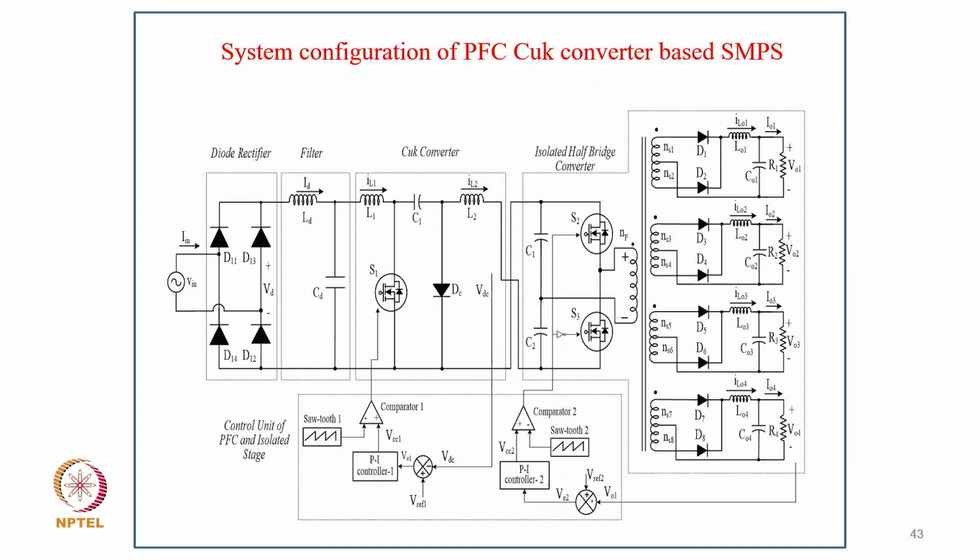Normally what we prefer is that the L2 inductor can be designed with DCM, and when we design in DCM we get inherent power factor correction on the supply system. Another advantage is that the size of the inductor is also reduced, and we avoid the sensing of input voltage and input current, so we reduce two sensors also. So you get an advantage, but of course this concept is normally preferred in low power supplies, and computer power supplies and many applications are low voltage, low power applications.